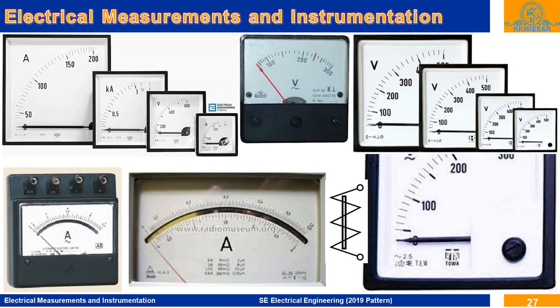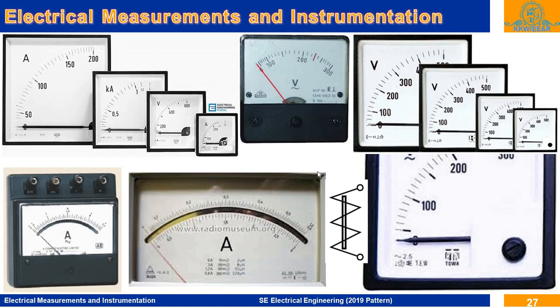These are the panel meters which are mounted in the electrical panel, ammeter and voltmeter. These are the laboratory instruments, which are generally used horizontally, kept on the table. These are mounted vertically. So here the scale is horizontal, here the scale is vertical. Based on the arrangement of the spindle, the control spring is provided or the gravity control weights are provided for these meters.